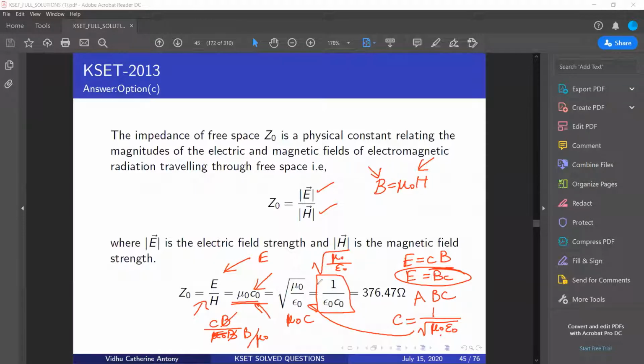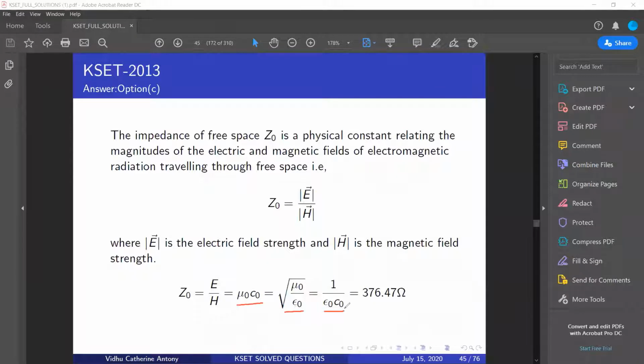These are the different forms of writing it in terms of constants that you already know. You know the permeability of free space, you know your C value, you know your epsilon naught. So you substitute them and you can calculate this out. You'll have to remember the permeability of free space, the permittivity of free space, and the speed of light. Try it out, work it out, and let me know if you get this answer, 376.47